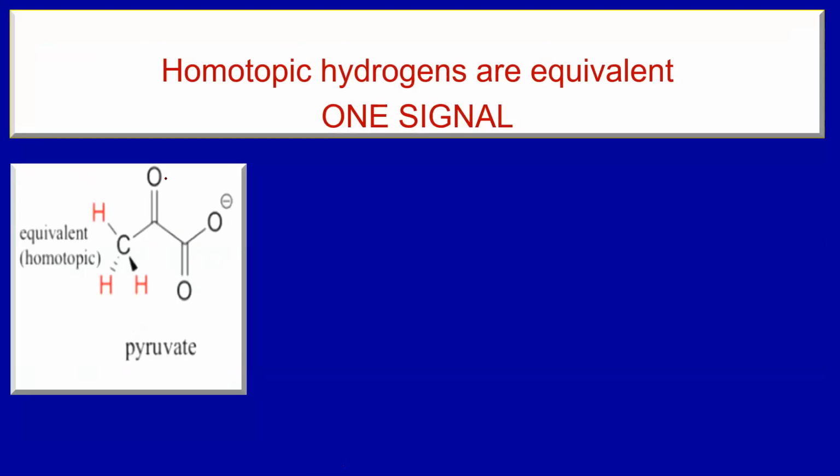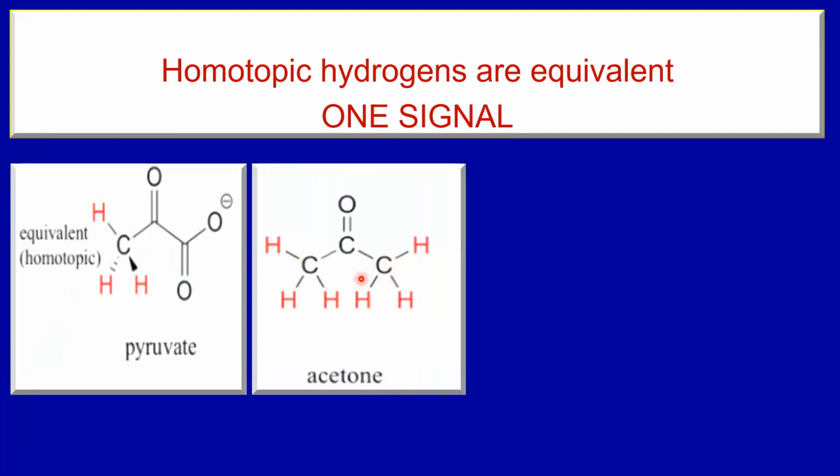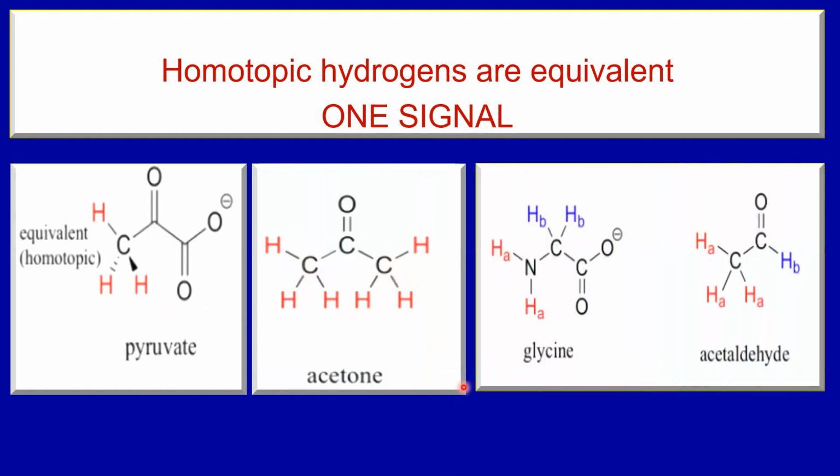So next we have homotopic and heterotopic. Among heterotopic, you can have enantiotopic and diastereotopic protons. Homotopic protons are equivalent. So therefore, they will give only one signal in HNMR spectra. So these are homotopic, means equivalent. Again, equivalent, so one signal. So these two are equivalent, these two are equivalent, so 2 sets.